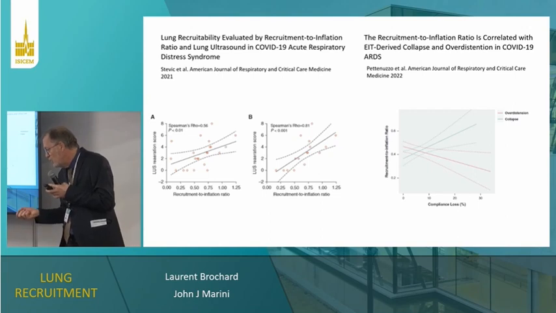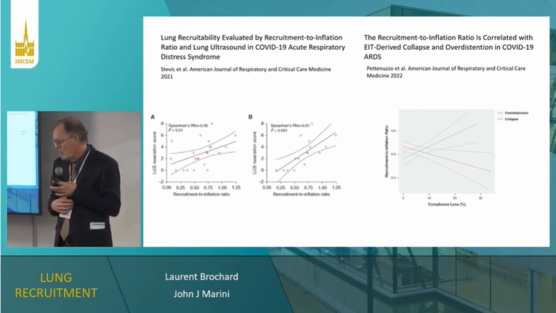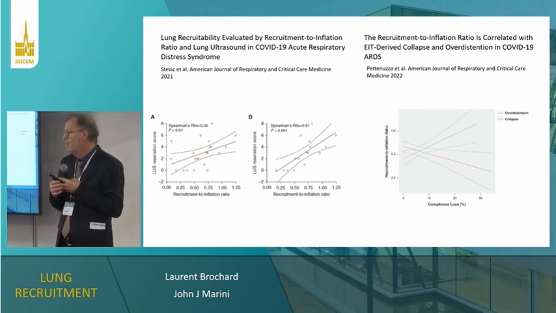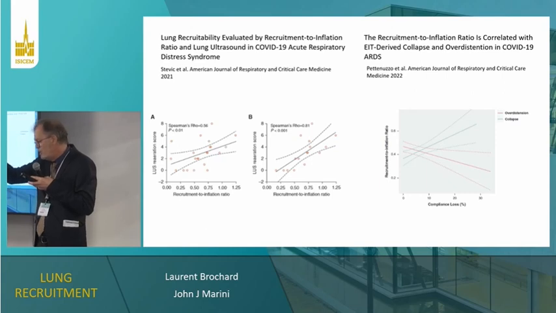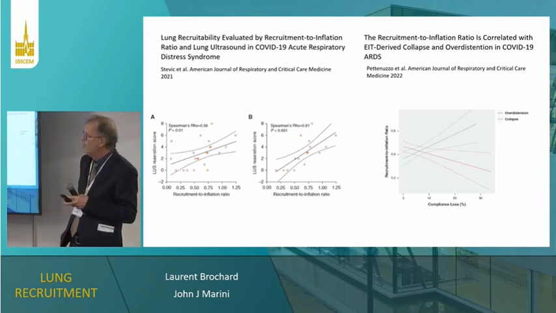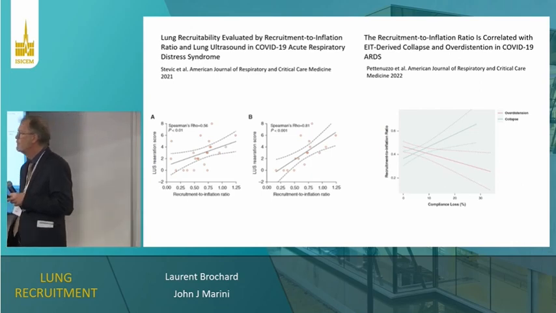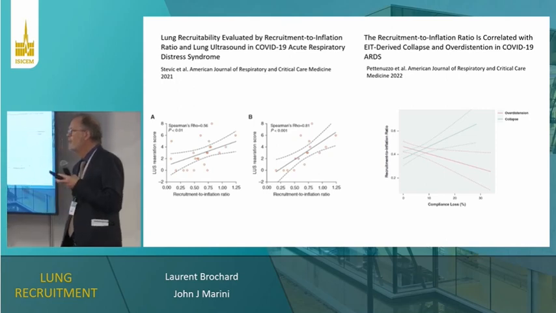So it does not tell you the best PEEP level, but it tells you whether it's worth trying to do it, okay? And for instance, we have a simple algorithm saying we increase the PEEP until we reach a plateau of 28. Yes, Gustav? When you use the expiratory tidal volume, will any mechanism of expiratory flow limitation, like tracheobronchomalacia,